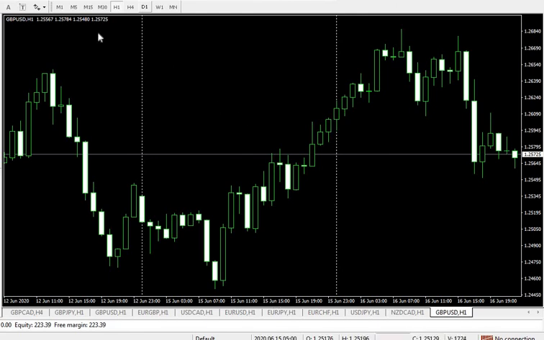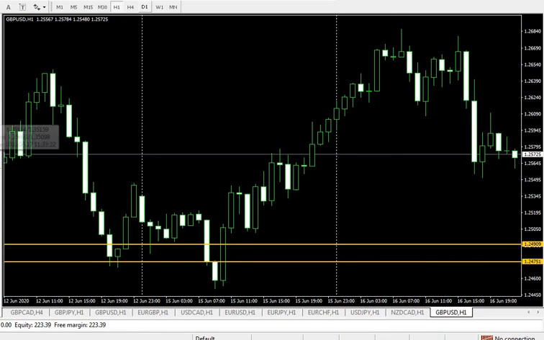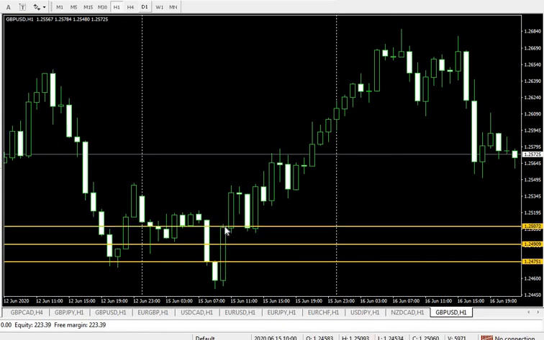If the EA should place a buy order at this level, you place a buy order here, and then place another buy order at this place, and then another buy order here,